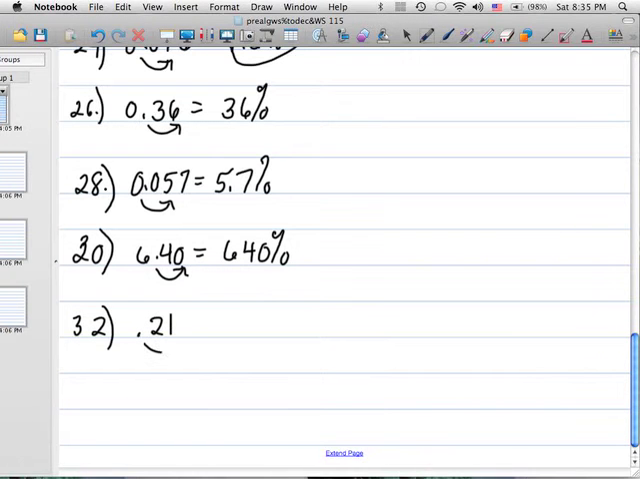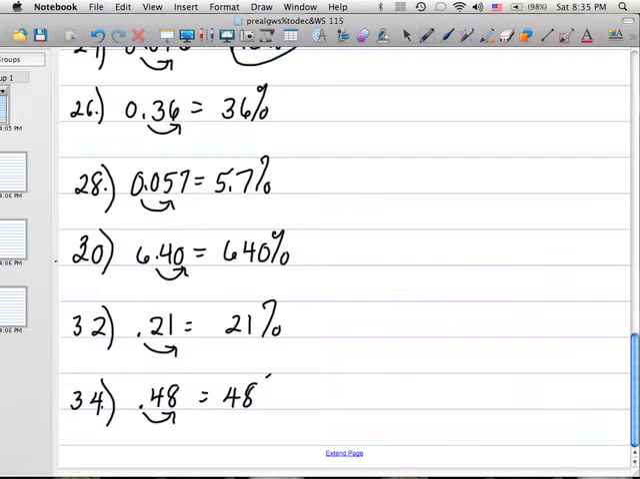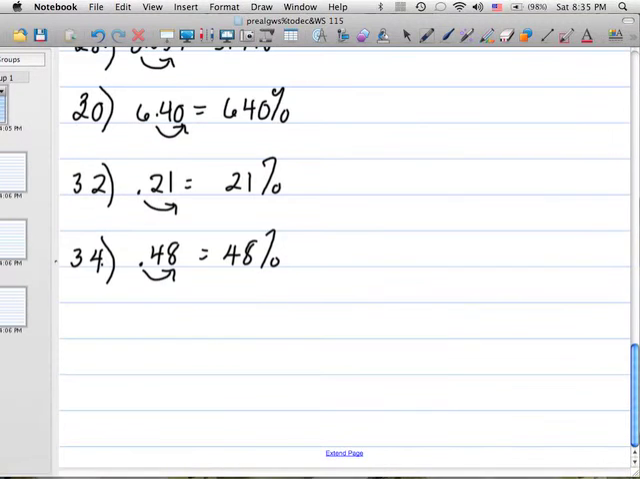32, 0.21, move it 2 to the right, 21%. 34, 0.48, move it 2 to the right, is 48%. And that concludes the evens for that worksheet. And then worksheet 115,